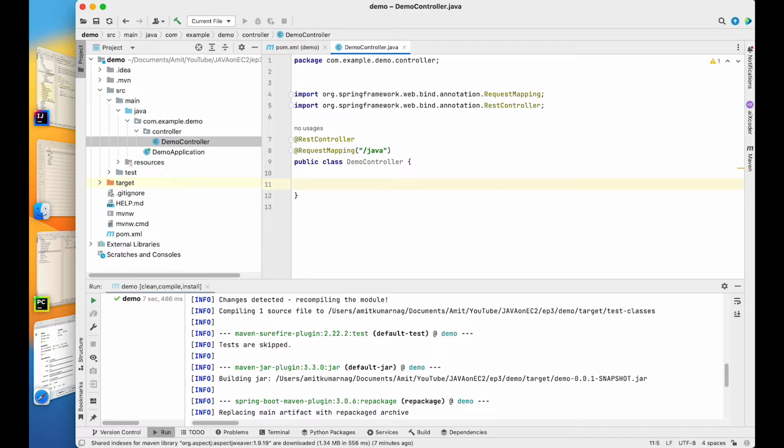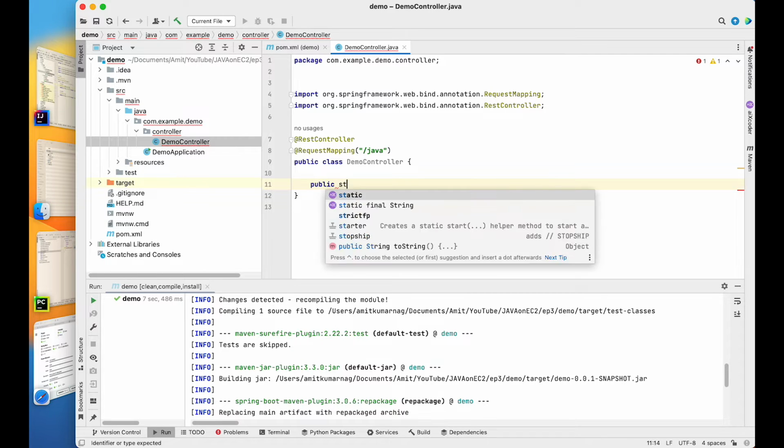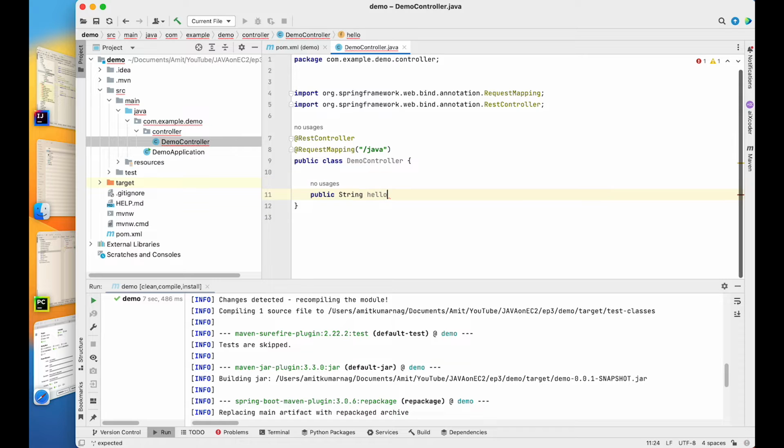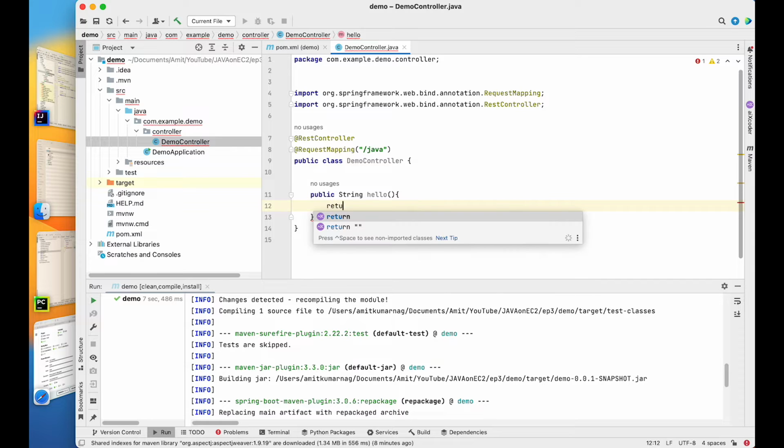Now I have to define a couple of methods here. First of all, I will define public string, maybe hello, and I will return one string from here. This is a string, so we have to return something. So I will return hello from Java method. So this is how we return it,